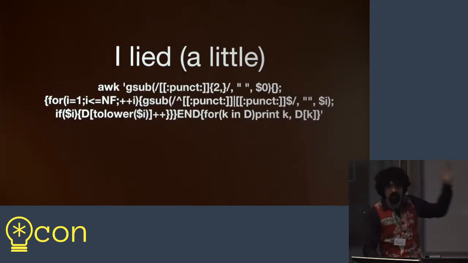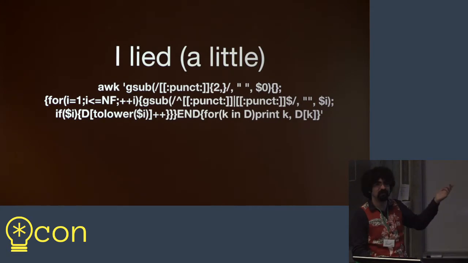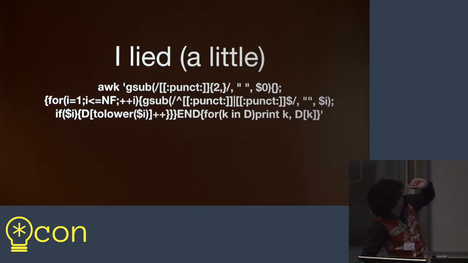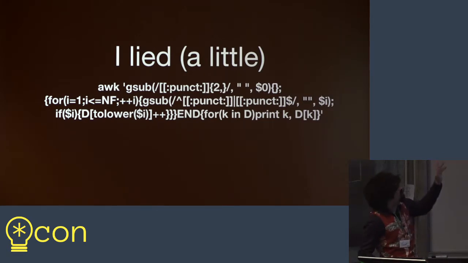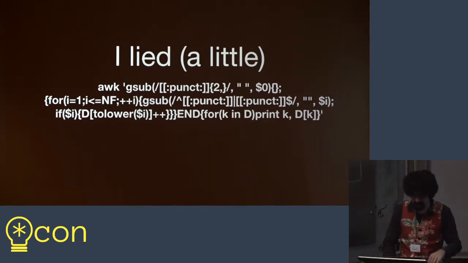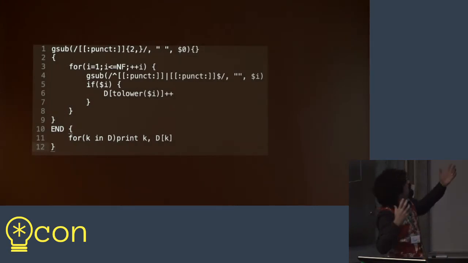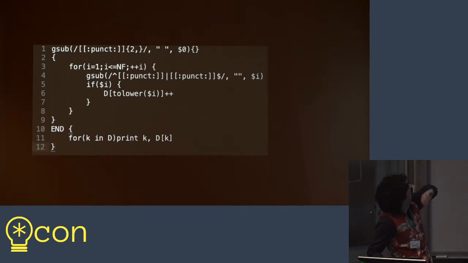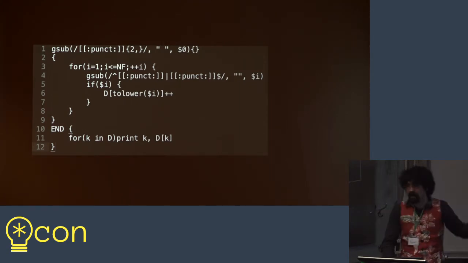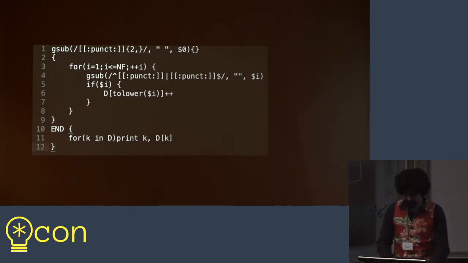This is the actual awk program I ran to do that, but I did a lot of other extra pre-processing here. I got rid of ugly punctuation. I made everything lowercase, and I handled some other things with bad punctuation and weird words. And even if I expand that out into the same kind of representation as the other languages, it's 12 lines long, and it's really readable, except for the regular expressions inside of them, but we will not speak ill of regular expressions during this talk.